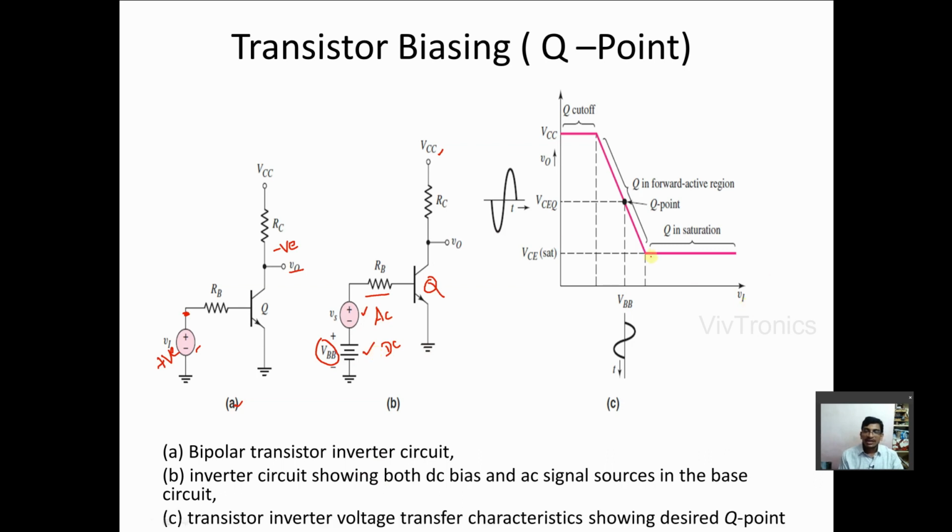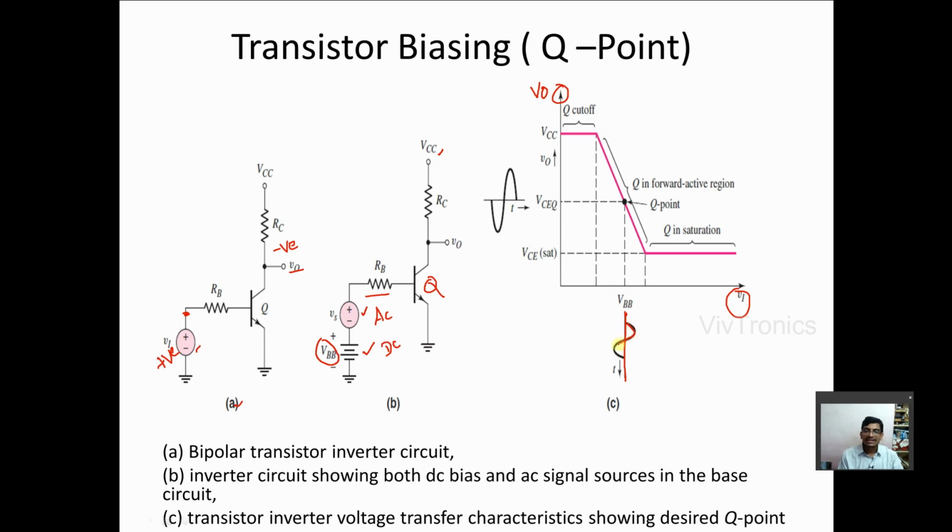These are the curves showing the relationship between the input voltage Vi and the output voltage V0. This is the transfer characteristic, drawn between the output and the input, and the Q point is also mentioned. The Q point values are VCEQ and VBB. The input voltage we apply is an AC signal Vs, superimposed on the VBB line, so VBB is the reference voltage for the AC signal Vi.